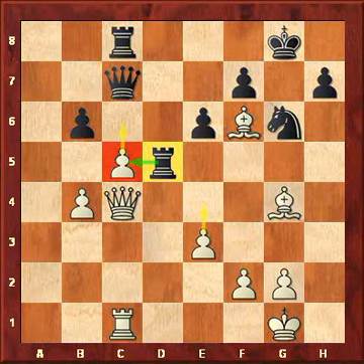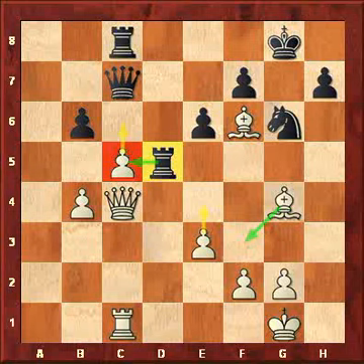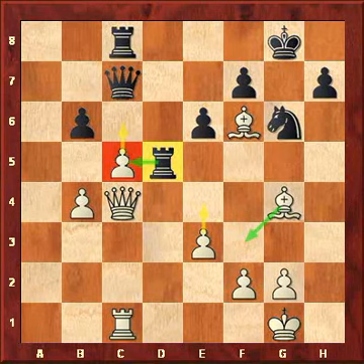Of course, in this category, also bishop f3 can be considered to attack the rook from d5. I believe that c6 was a good idea, but